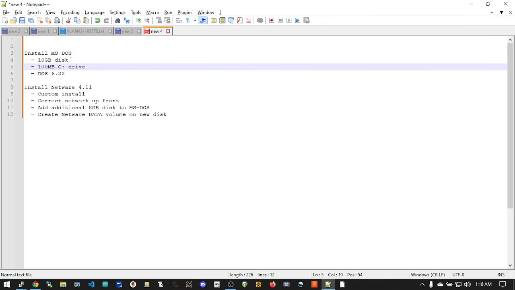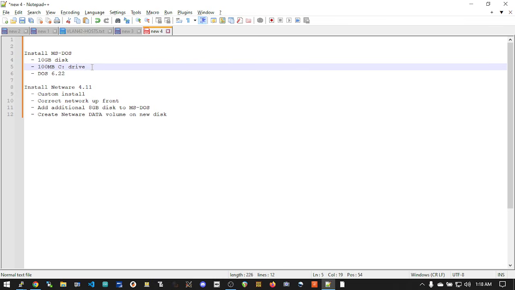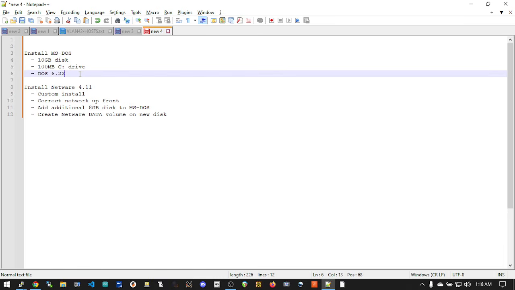So what are we going to do here? Install DOS. I have a 10 gig disk on Proxmox. We're going to create a 100 meg C drive partition to install DOS onto. Put the CD-ROM on there. I think we'll actually, at the end, have an exportable copy that I can post that you could import into